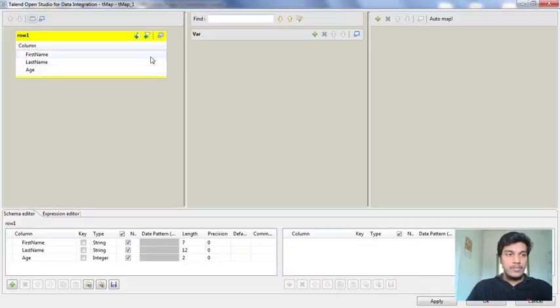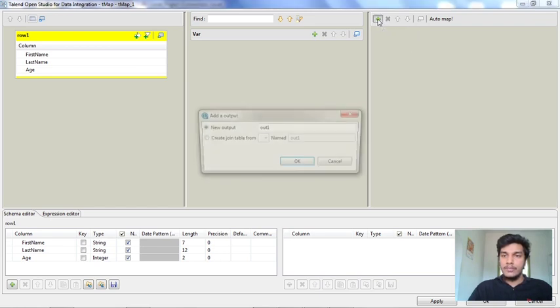Whatever inputs you have will be represented on the left side of this editor. This is the tMap editor. Here we have the input, and it will load the input schema. Whatever output you want, you can create an output table here.